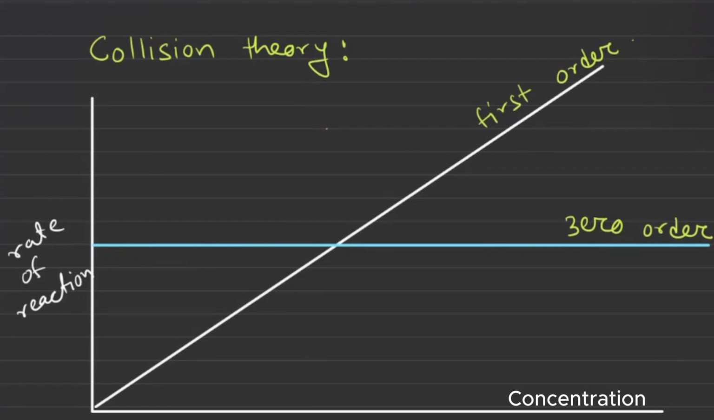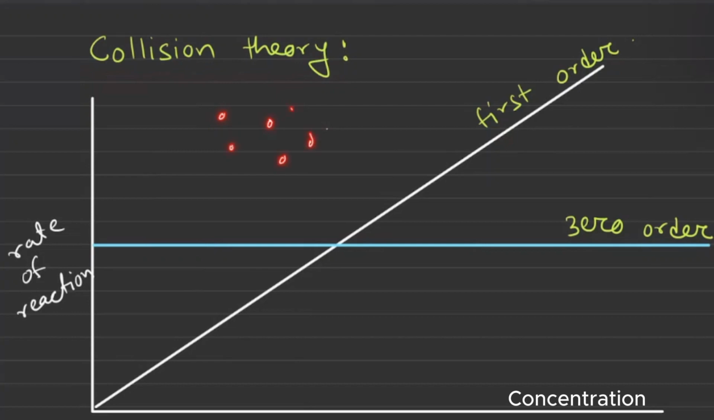Now, you should know about collision theory from O levels. আমরা O levels এ collision theory পড়ে এসেছি। And collision theory আমাদেরকে কি বলে? Collision theory tells us যে the rate of reaction depends on the frequency of collision of particles. So আমরা for example যদি concentration increase করি, rate of reaction increase করে,